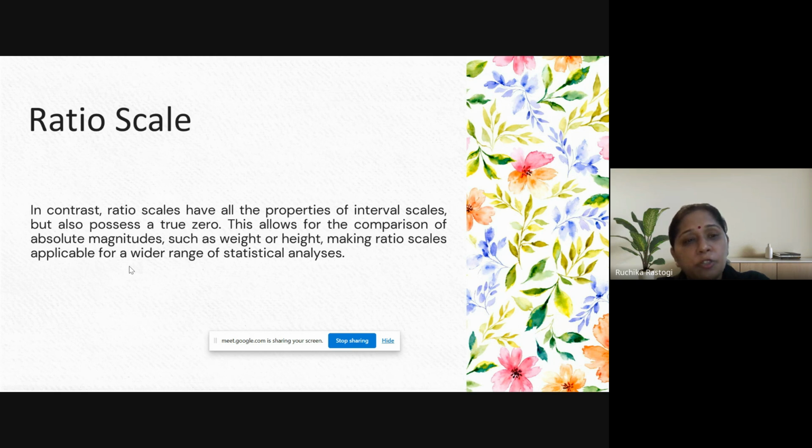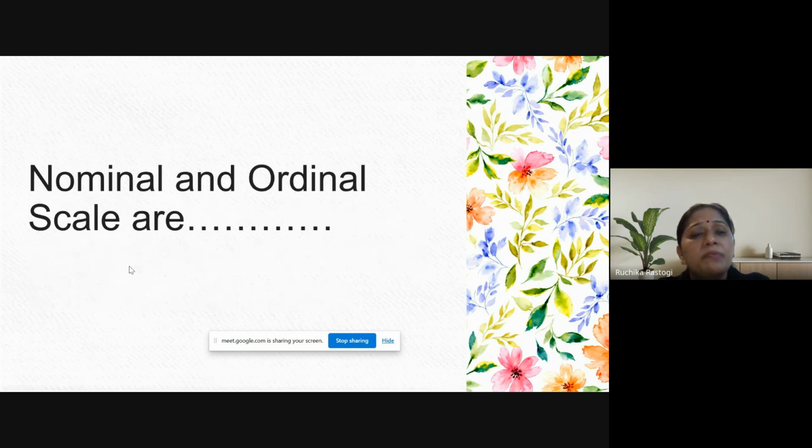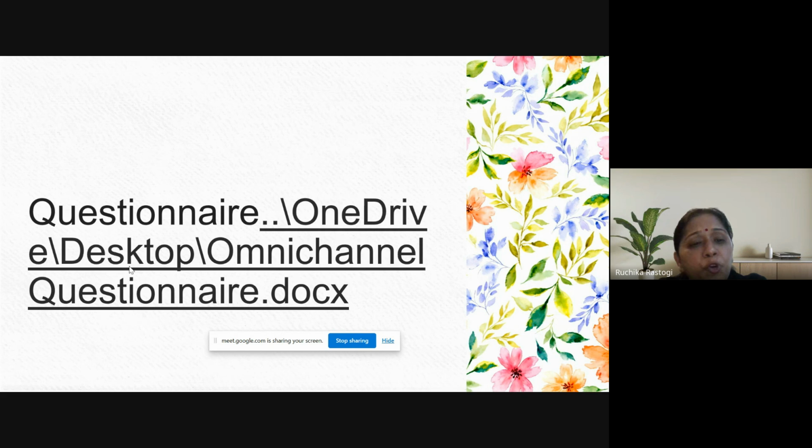So we have basically tried to see the difference among the nominal, ordinal, interval, and ratio scales yesterday. We discussed many examples. Nominal and ordinal scales are called non-metric items, whereas ratio or interval is called the metric one. Then I showed you one questionnaire in which we also saw many questions, and you yourselves gave me the answer as to which question belongs to which scale. So that part we have seen.